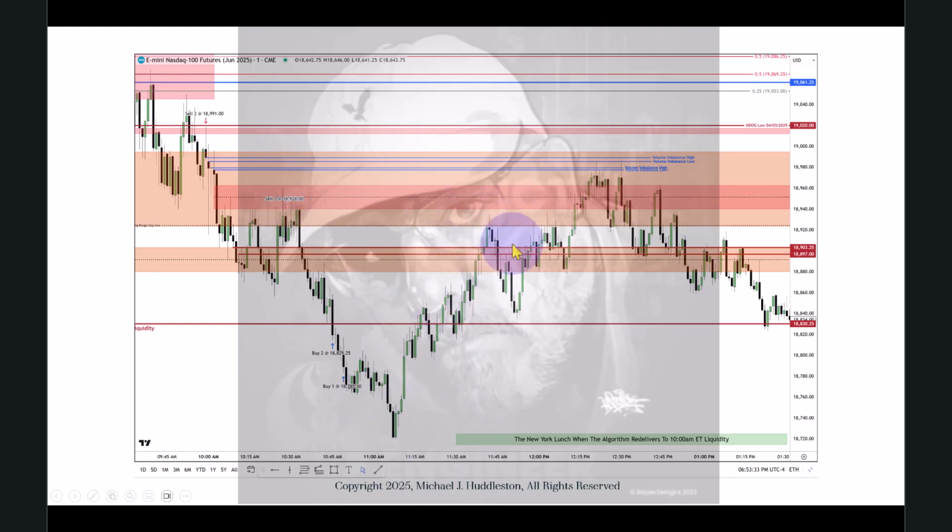And where it does, in fact, move higher, it uses the inversion fair value gap, now becoming a reclaimed order block, rallies up, trades up into those volume imbalances and clears the buy side here. So anyone that's short on the day is not going to be allowed to take a ride below that low that formed in the morning session.